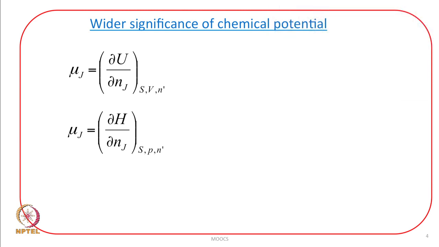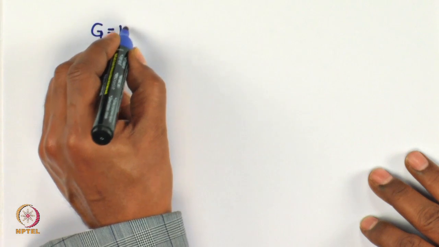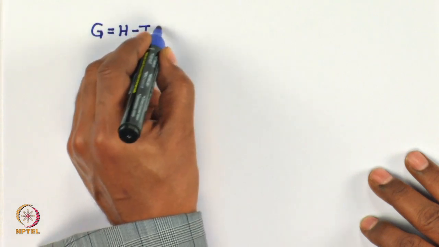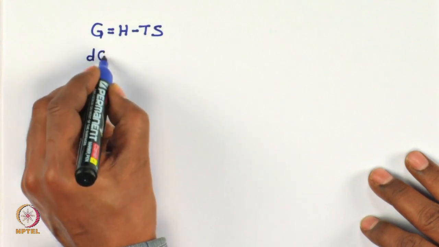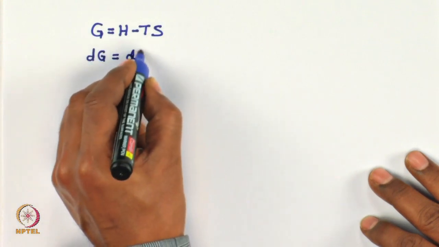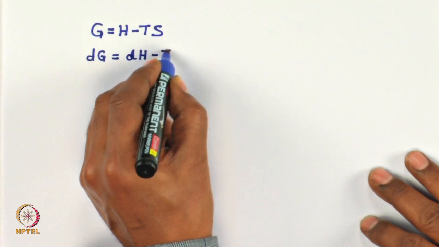And here once again I will start with G. Every time I will start with G because I am going to use the expression for dG. And since I am interested in establishing relation with enthalpy, I will always use G is equal to H minus TS. So, dG is equal to dH minus TdS